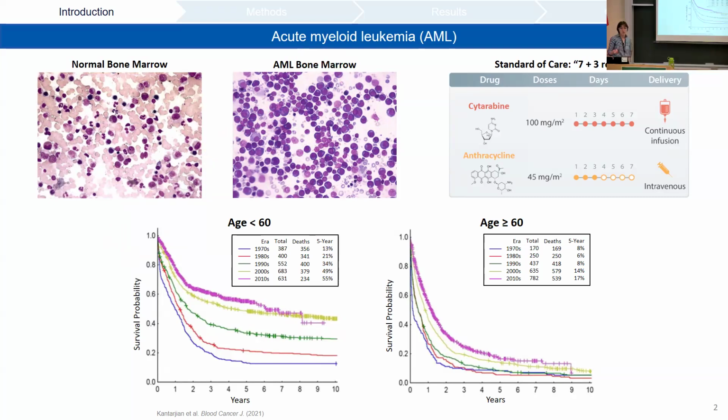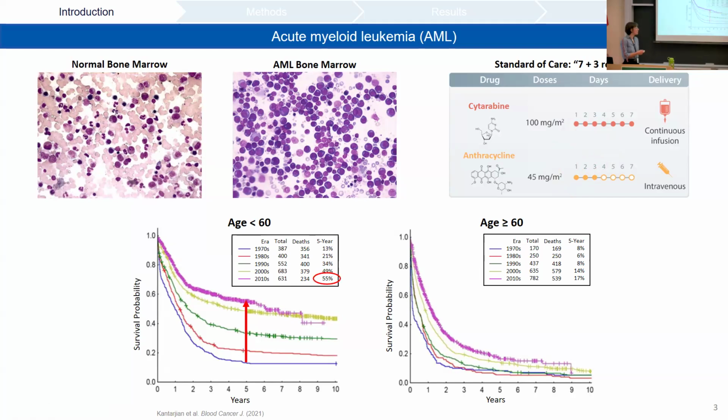The standard of care for AML hasn't changed over 40 years, and it consists of this 7+3 regimen where we give for 7 days a continuous infusion of cytarabine in combination with an anthracycline for the first 3 days of the cycle intravenously. Now, when we look at the survival of patients over time, we have that younger patients